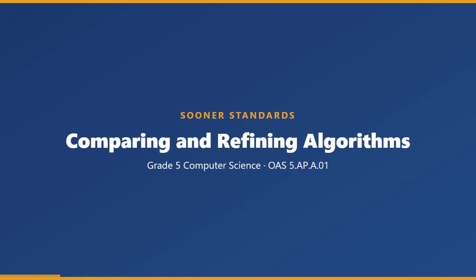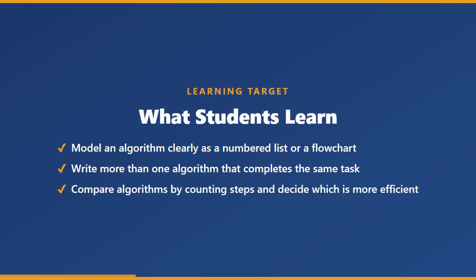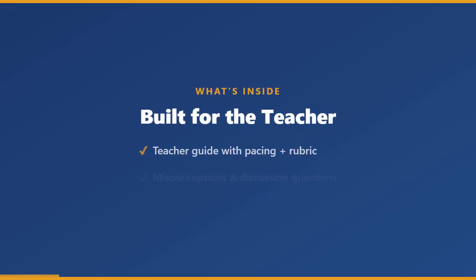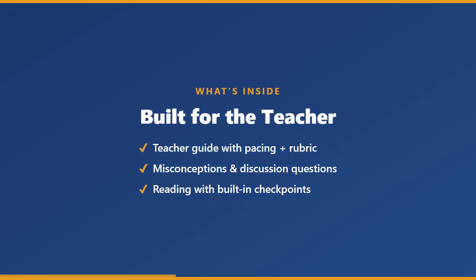From Sooner Standards, Comparing and Refining Algorithms, a complete Grade 5 computer science unit for Oklahoma Standard 5APA01. Students learn to model, compare, and refine more than one algorithm for the same task and determine which one is the most efficient. Inside, a full teacher guide with pacing, misconceptions, and a scoring rubric, plus a content lesson